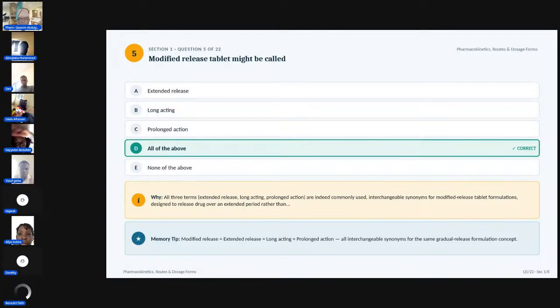And maybe you've come across drugs that say slow release, right? So those are modified release tablets. So if you see extended release, obviously that is also a possible one. You could,